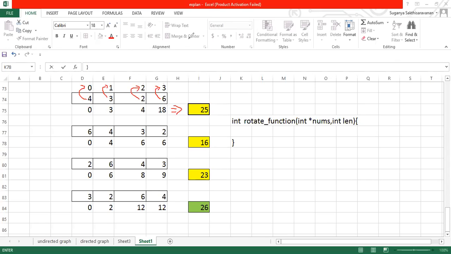So as per the given question, what are we supposed to do? We are supposed to rotate the integer array in all the possible combinations. After this, we'll be doing the next rotation. The next rotation is all about your left rotation, guys. You're going to rotate towards the left side.